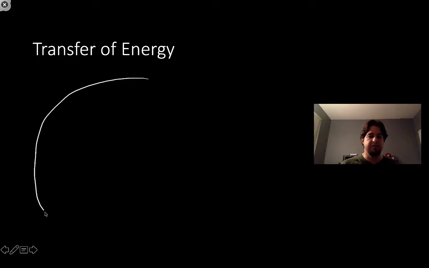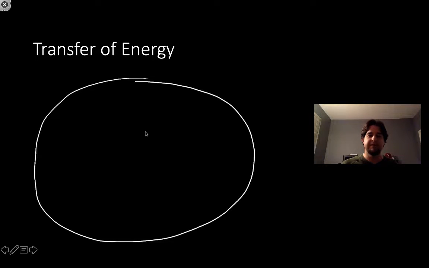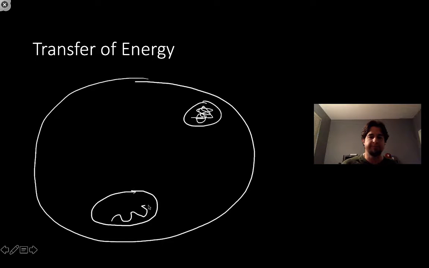If we were to take just a very generic basic cell, so here's our plasma membrane, the barrier of the cell, and we'll have a nucleus and all that other kind of fun stuff, but then we'll also have a cell organelle called a mitochondria down here. Now, palmitic acid, because it's a fatty acid, has its own issues that we'll talk about towards the end. But basically, whether it's glucose or palmitic acid,